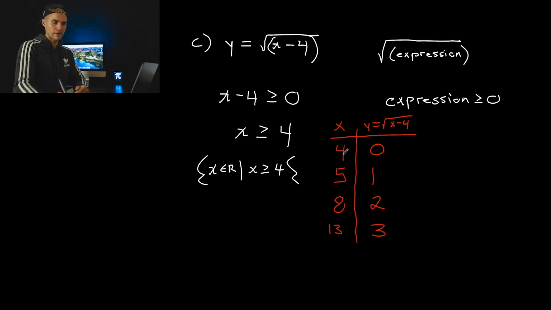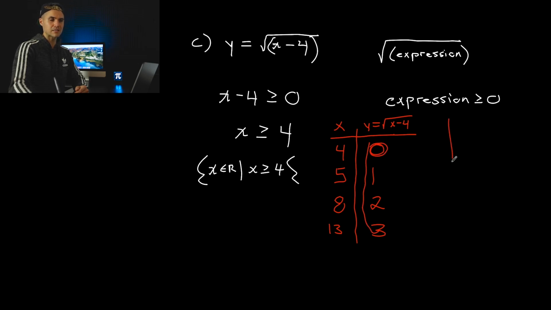Okay, and I know, again, that there's x values in between 4 and 5, between 5 and 8, right? It's just that the y values in the table are going to be decimals, so I'm just trying to keep the table with just integers. But you can plug in other x values as long as they are greater than or equal to 4 in the table. And so what you'll notice is that the y values, they're starting at 0 and then they're going